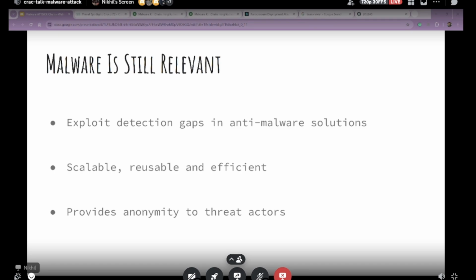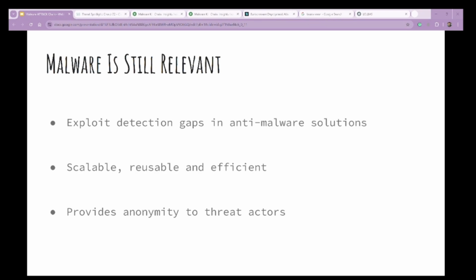Many of you may have heard of a number of defensive solutions. You have antiviruses, EDRs, XDRs, sandboxes, firewalls, intrusion prevention systems. There are so many products. But despite all of these products, you still hear about threat actors successfully using malware in their kill chain, in their attacks. The first reason for malware success is that anti-malware solutions are not a silver bullet. They still need the intelligence or the detection content to identify and detect a file or its behavior as